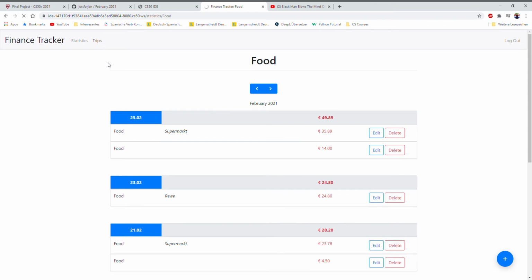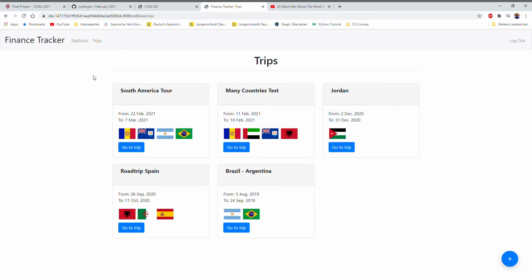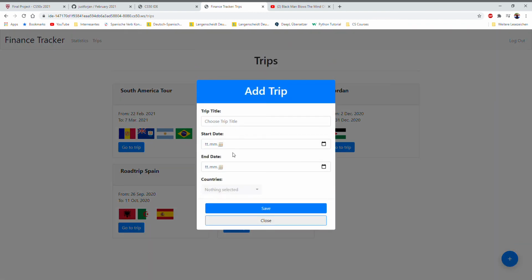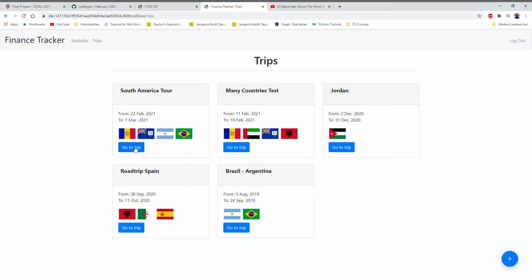The third tab is the trips tab. Here you get an overview of all the trips you've added. You can add trips by clicking down here on add trip. You have to choose a title, start date, end date, and if you wish you can add countries. By clicking on go to trip,